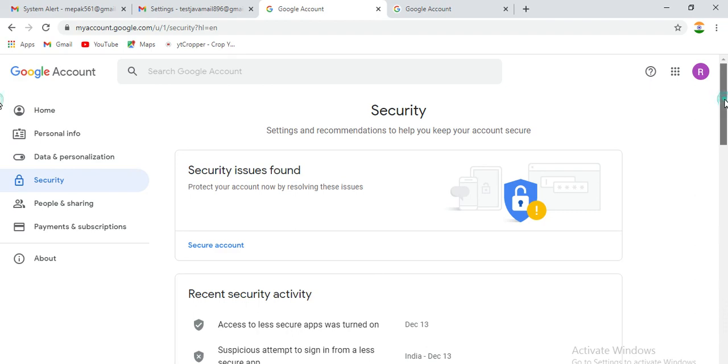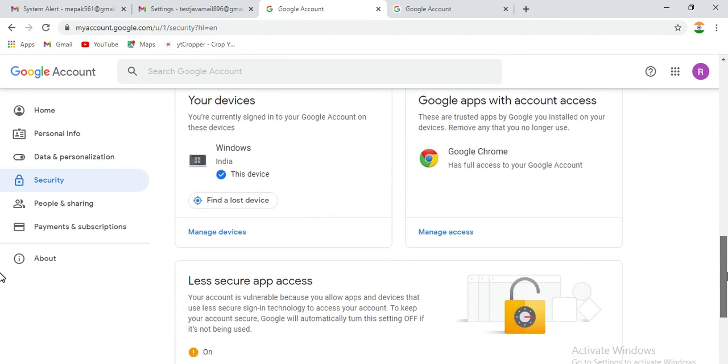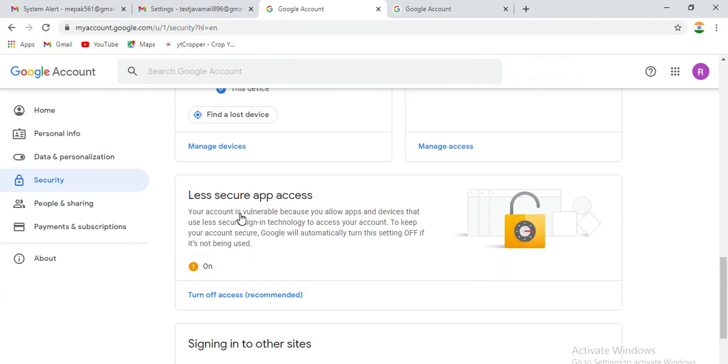In security, you need to go here. You can see clearly, less secure app: your account is vulnerable because you allow apps and devices that are less secure. So Google is actually telling us that your account is vulnerable because you have allowed some non-Google devices to sign in.